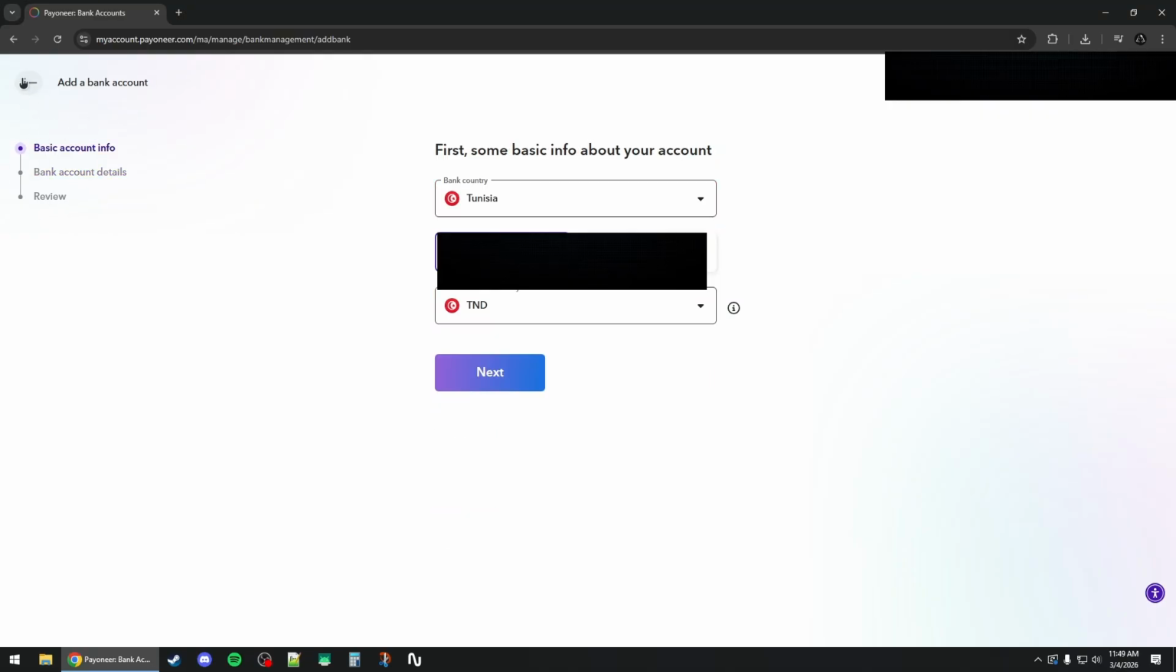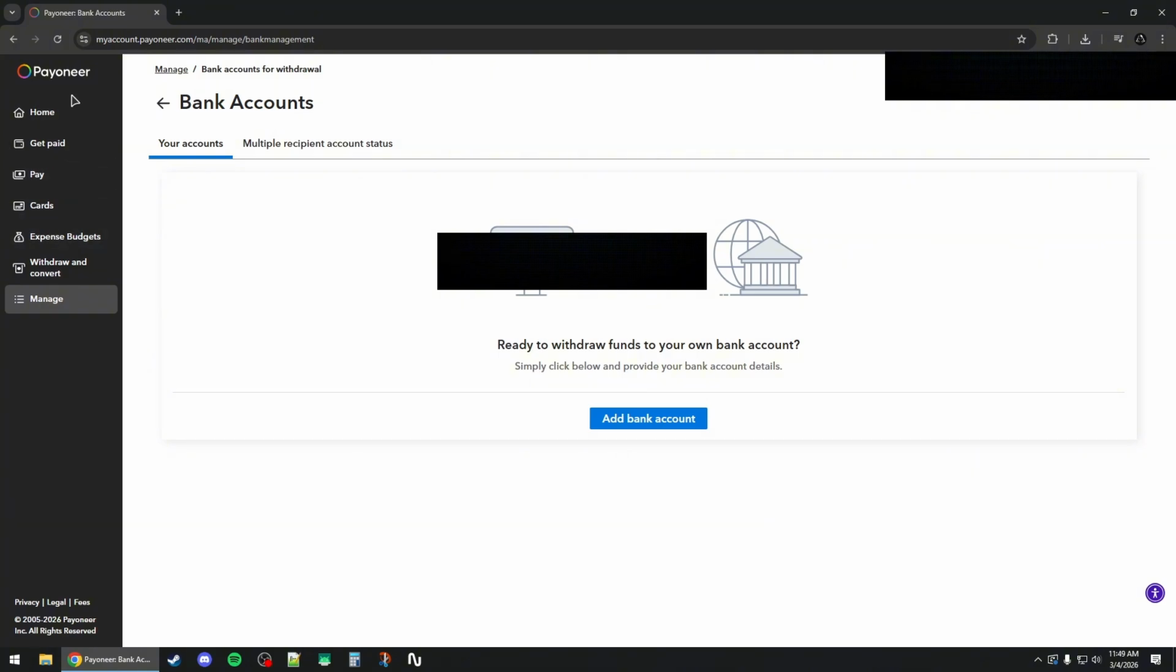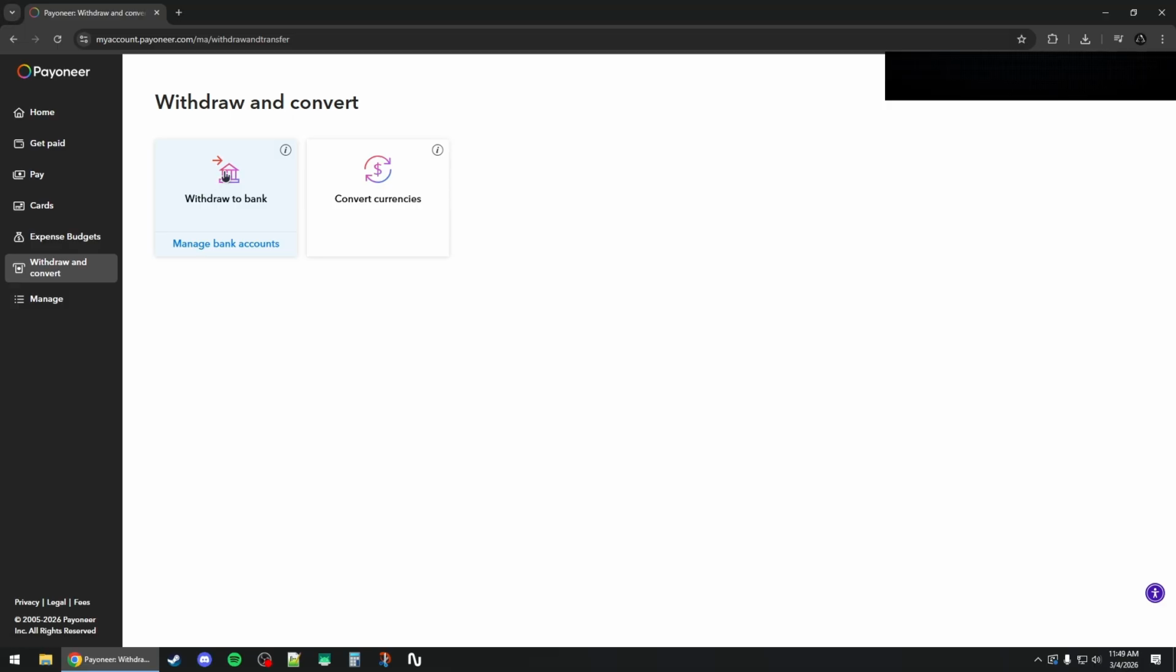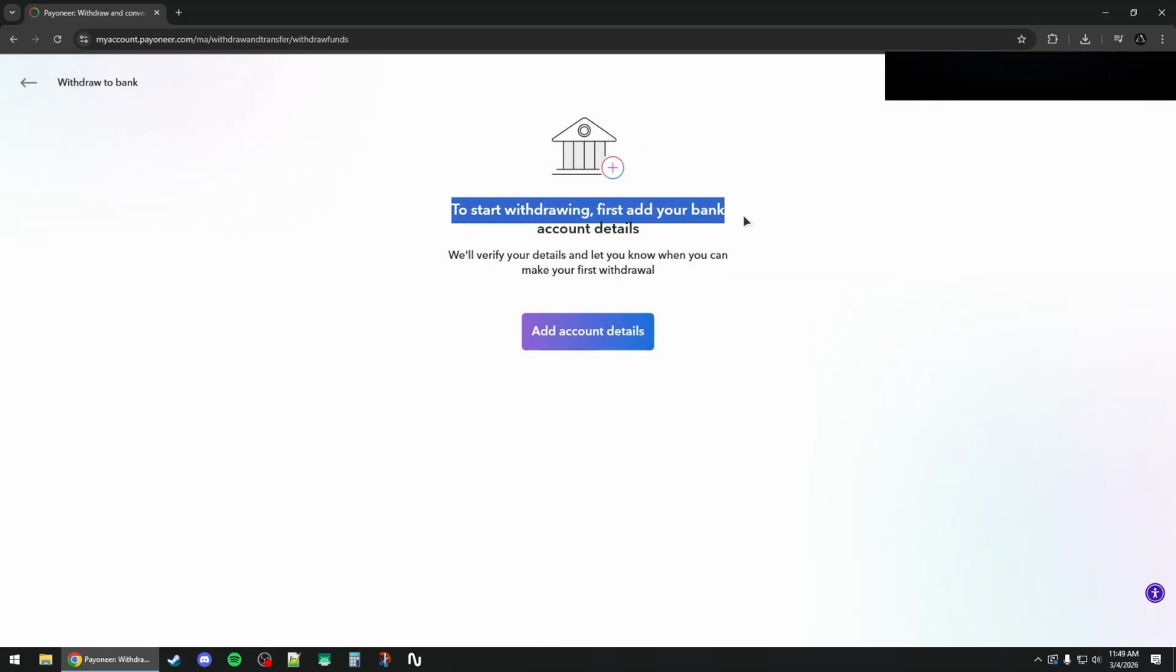And once it's available for use, you want to go back, and then from the left side panel you want to click on withdraw and convert, and in here you want to click withdraw to bank. Now from this page, if your bank is linked and verified, you can select it, your local bank, and then